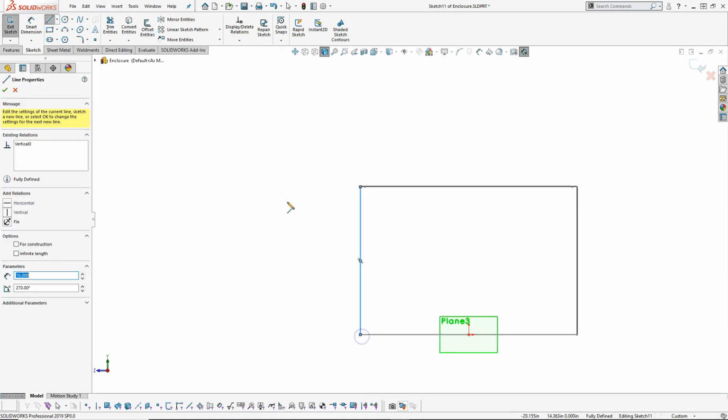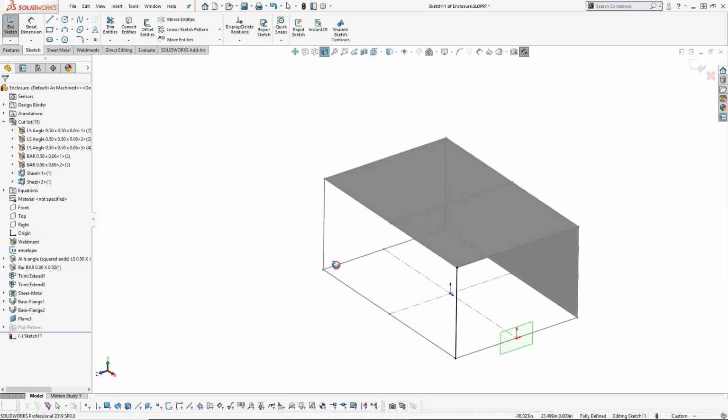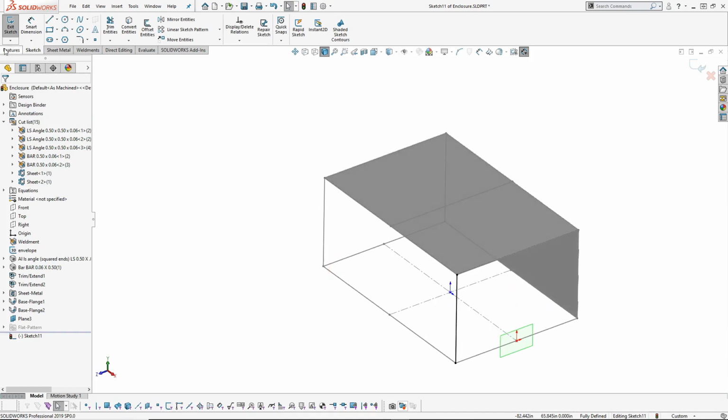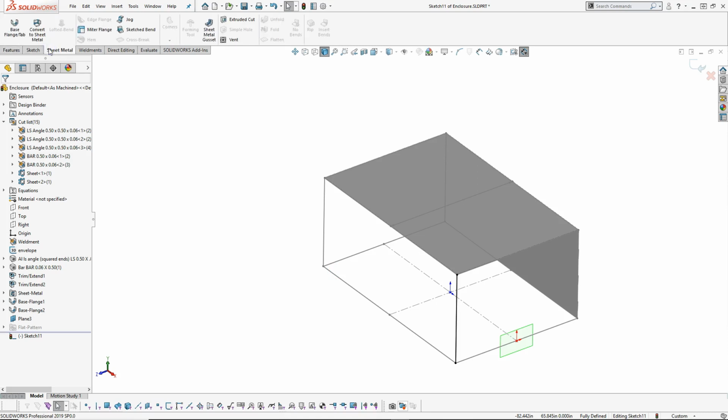So it just kind of depends on the complexity of the shape of the sheet metal, what our ultimate goal is to be able to make a best decision on